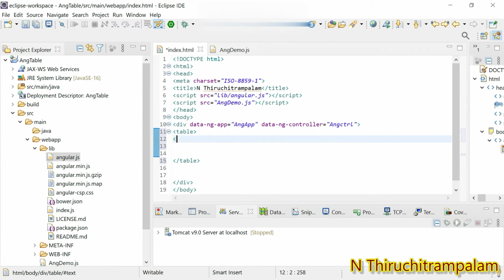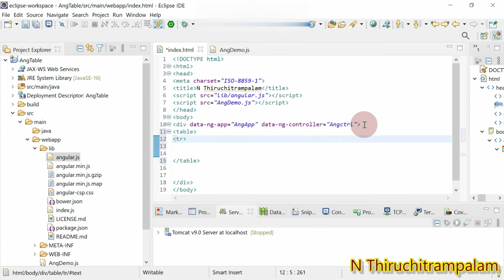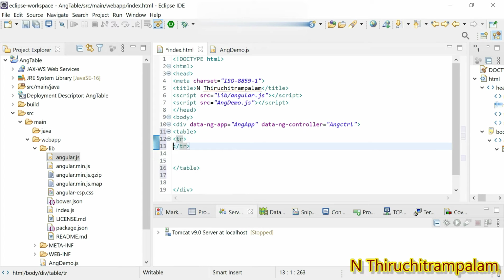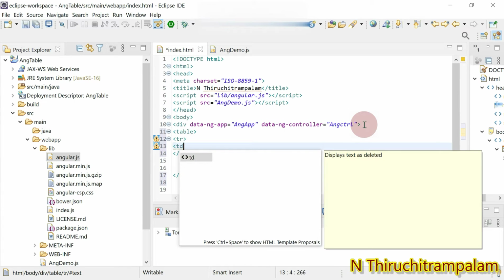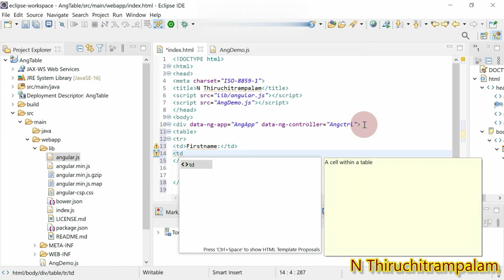and here I use the tr element. Within this tr element, use the td and give first name. Okay, and close the td. Again use the td element,